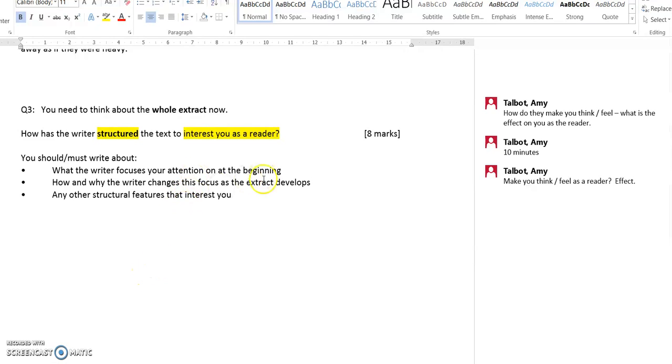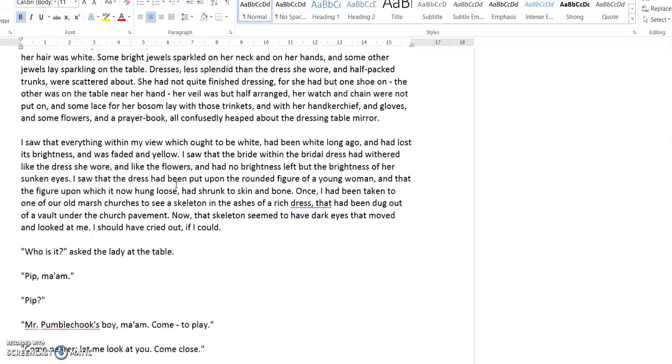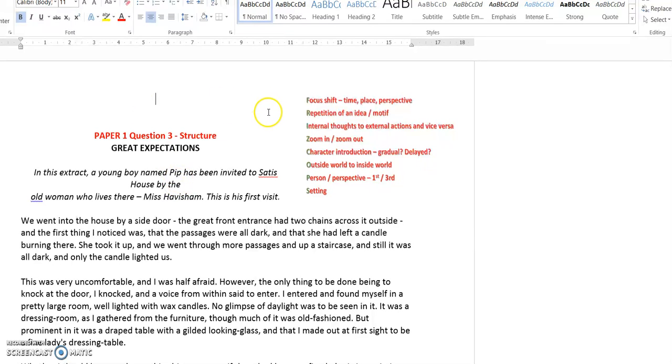Paper 1, question 3. This is the second video, so I'm now going to take you through annotating the text, looking for the structural features. If I go back to my extract, you can see I've put "FrizzCops" at the top there. That's why I'm telling you to revise it and learn it, so that you can write that at the top of the extract for this question, just to focus you on the different structural techniques you might be